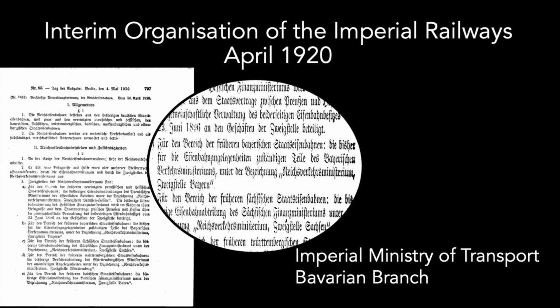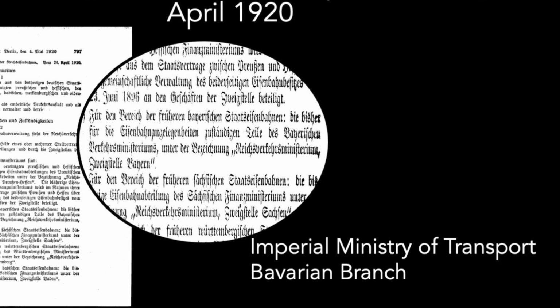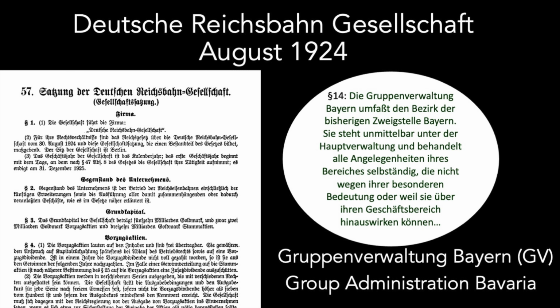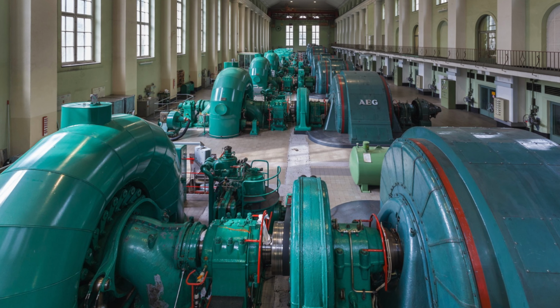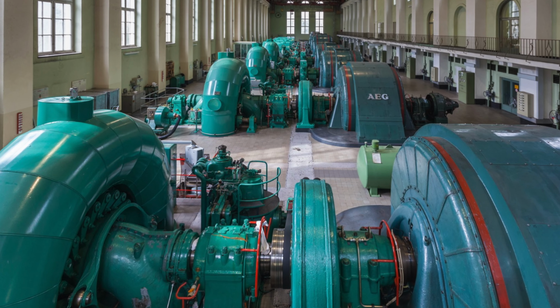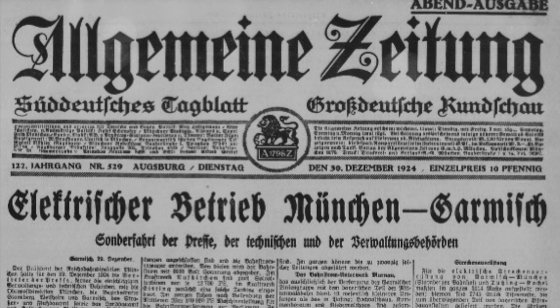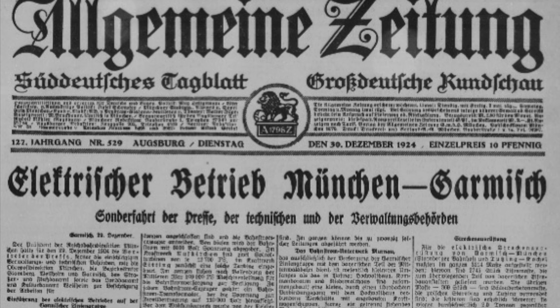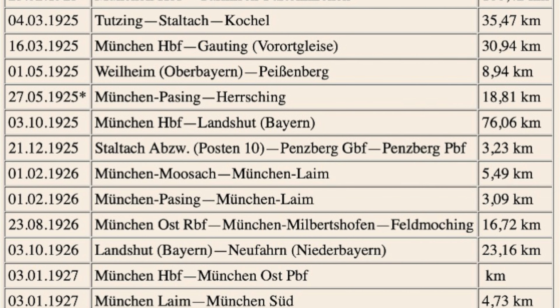As with other German states, its railway had been absorbed by the Deutsche Reichsbahn, but Bavaria had maintained a level of independence in the process and was treated as a separate entity with its own administrative body, the Gruppenverwaltung Bayern. To ensure the economic viability of the brand new Walchensee power station, the Reichsbahn embarked on an ambitious program that would see the size of the electrified network in Bavaria grow from approximately 90 kilometers in 1924 to over 700